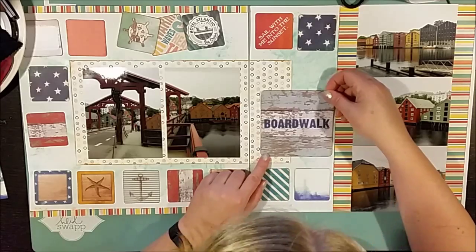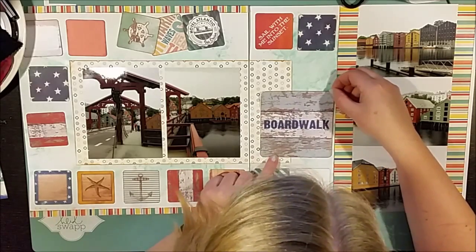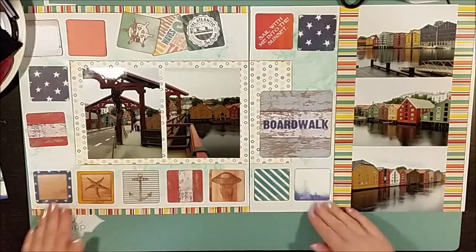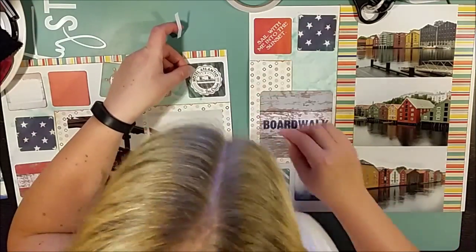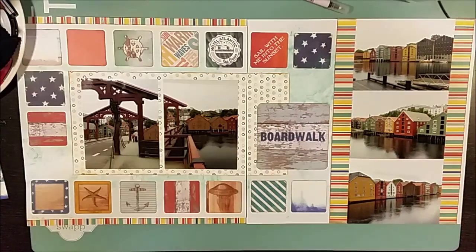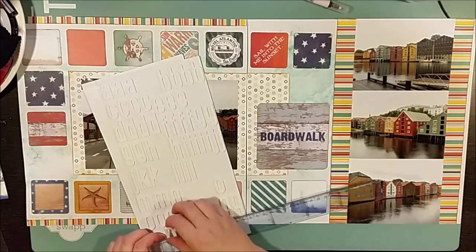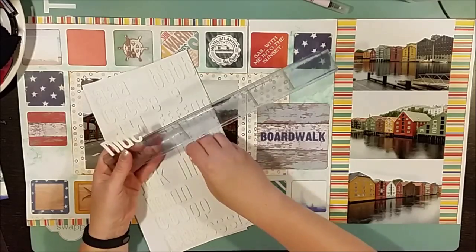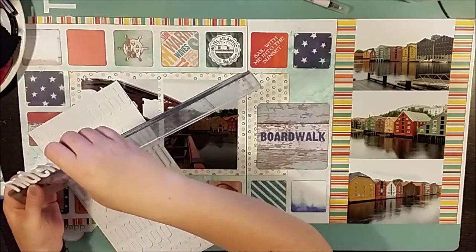I'm using a 4x4 card with the text boardwalk as a bridge between the photo mat there and the rest of the page on the right side. And I'm just continuing gluing down the different squares. I've edited away the rest of that gluing process. Nothing special happened there. Now I was going to write a title, and there will be 2 pieces of titling